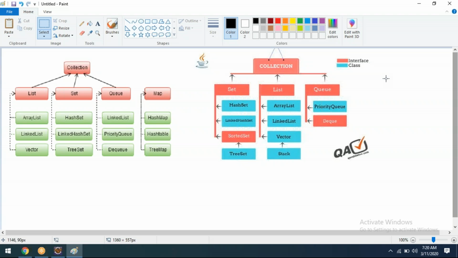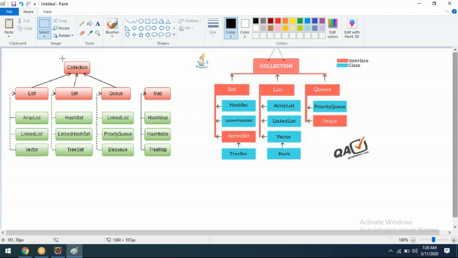While explaining the framework of collection, we need to draw this first, and we need to understand completely how to draw it. Very simple: list, set, queue, map. Above that, there is one thing called collection. Collection is the super interface which is holding the entire collection framework.